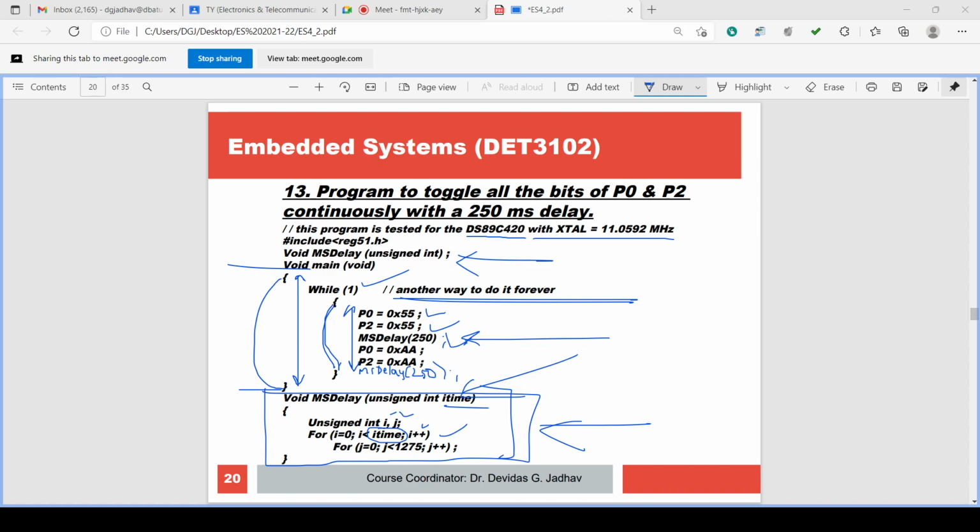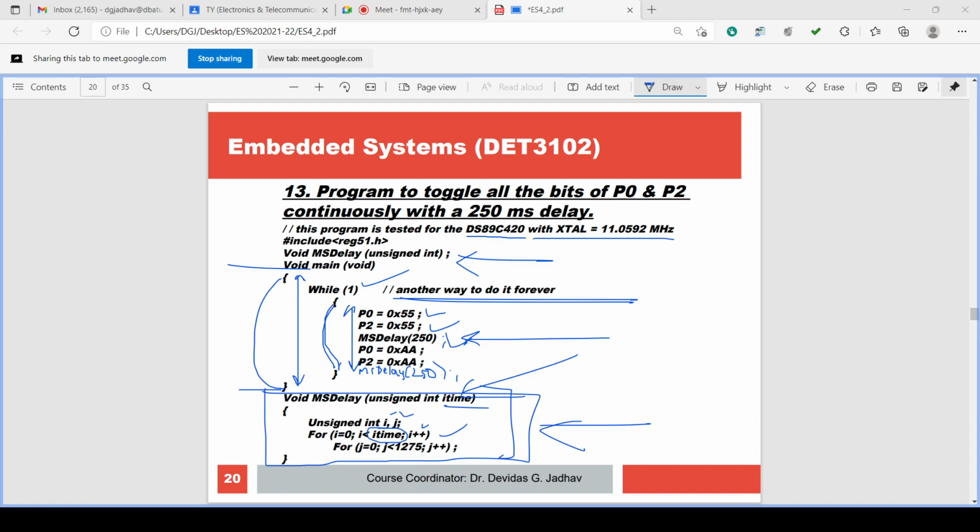So we are introducing the delay. What happens due to the introduction of the delay? 55H is outputted on P0, 55H is outputted on P2. Then the delay is executed for 250 milliseconds. So till the delay executes, P0 has 55H constantly and P2 has 55H constantly.